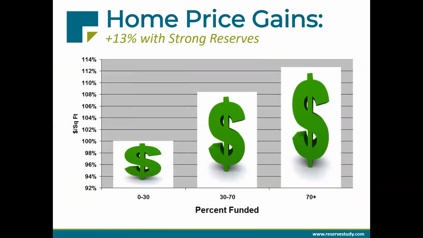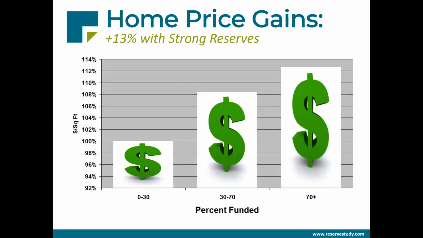Okay, a couple years after that first one, we did another internal study. This time we wanted to see whether there was any correlation between percent funded and actual property values of the homes in these associations. So this one was a little more precise. What we did here is we looked at one data set from one metropolitan area, basically greater Los Angeles, California. And we selected a group of properties that were all as similar as they could be in terms of their size, their age, their amenities, and so on.